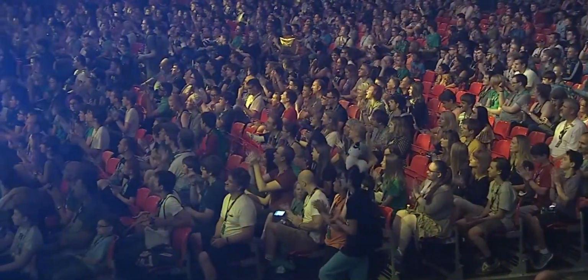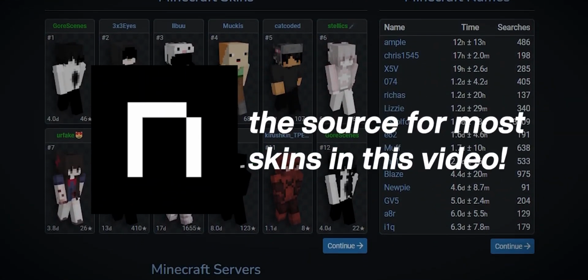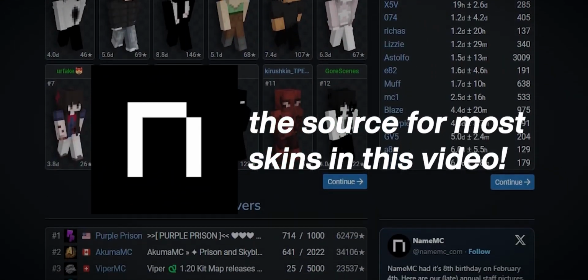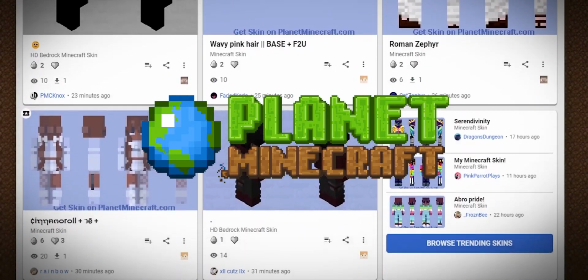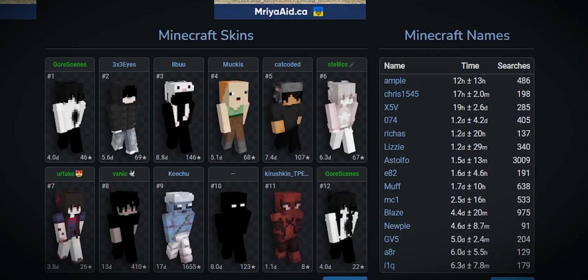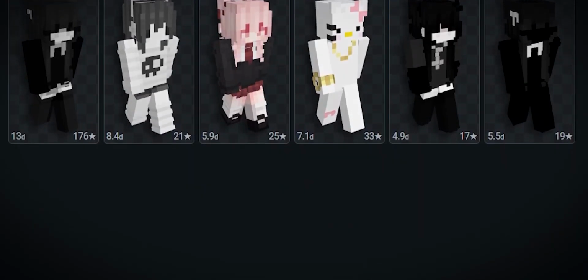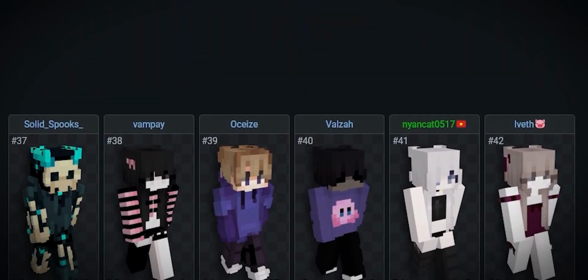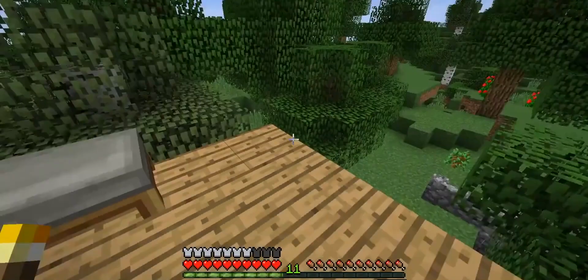On February 14th, 2015, when Minecraft released a feature that allowed players to change their usernames, a new website known as NameMC would be created, which quickly surpassed other skin websites like Skindex and Planet Minecraft in popularity, as those were mostly used to create and download skins. NameMC has a unique feature of tracking different usernames and skins of every Minecraft player, as well as listing the most popular skin at the time. The site would prove to be very useful for people who easily wanted to find a certain skin.